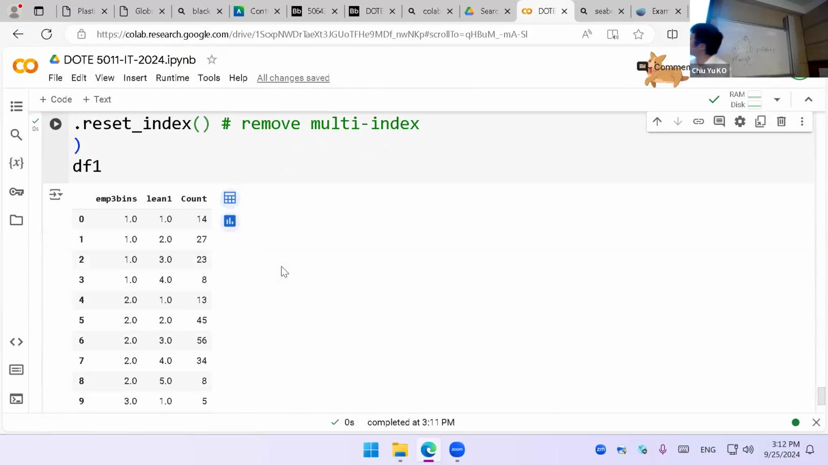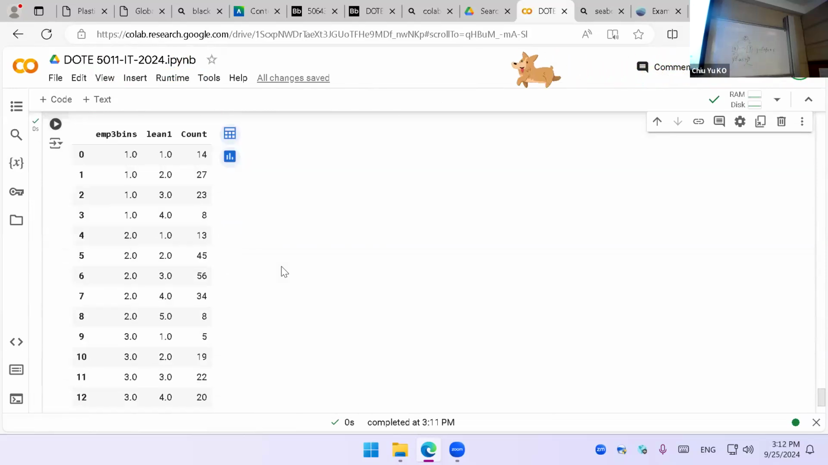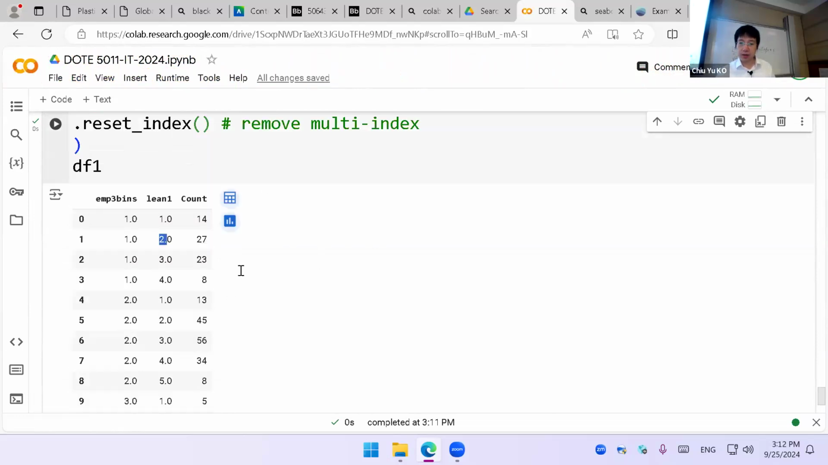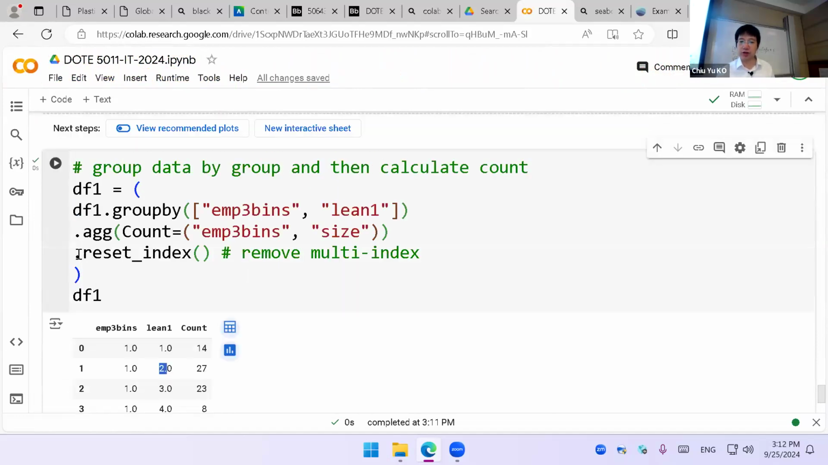So you can tell us, for a very small firm, right? The smallest firm, score of 1, we have 14 of them. Score of 1, it's a small firm, score of 2 is 27, right? All the counting. So for those who are curious what the reset index does, you can just comment it out and